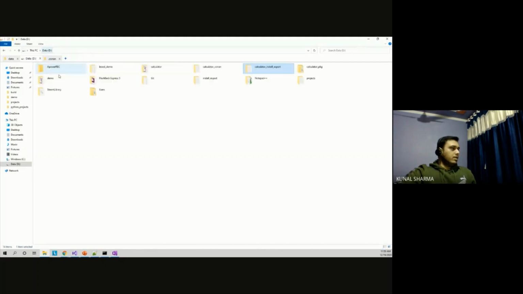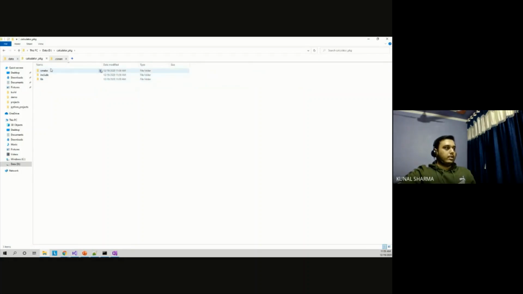So if I go inside there, there should be a calculator package folder, and this is the general structure that you should follow while creating your CMake package, because CMake, of course, cannot be aware of where the CMake package related files would be present, which are always in the CMake directory. So you need to specify the CMake directory for storing this information. What you also need to do is, let's just go back,